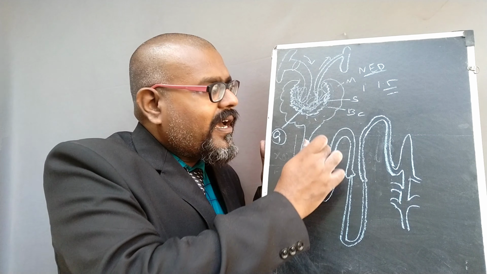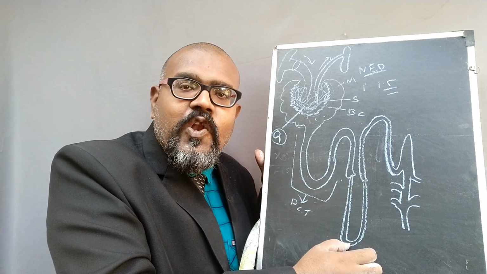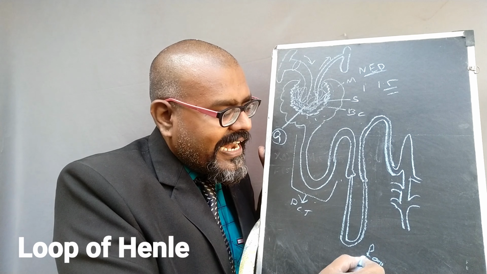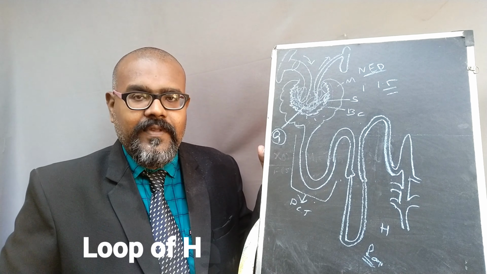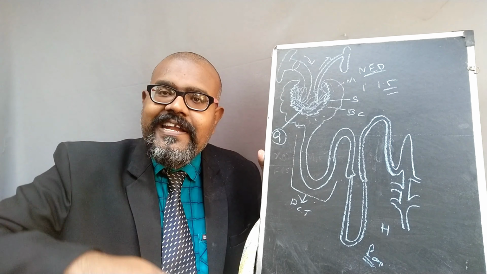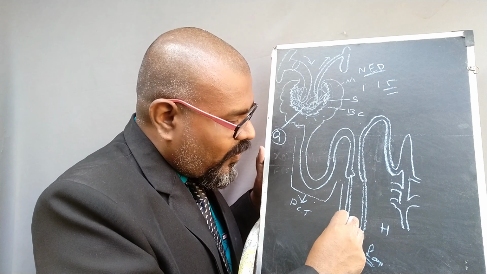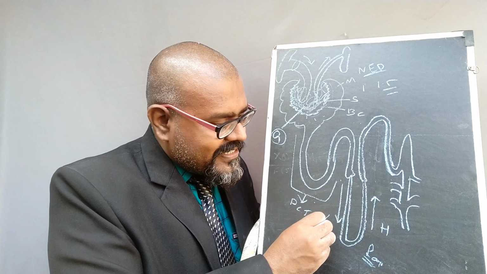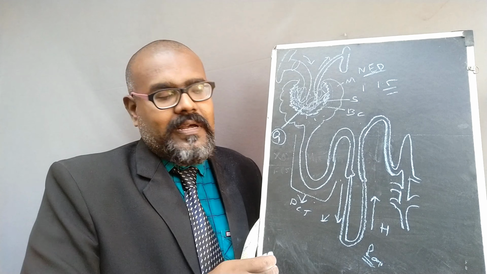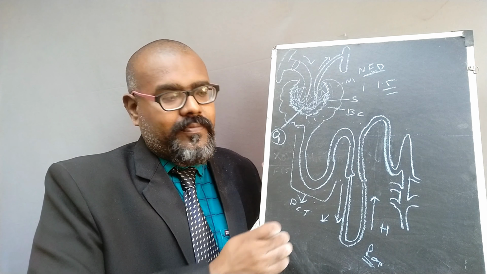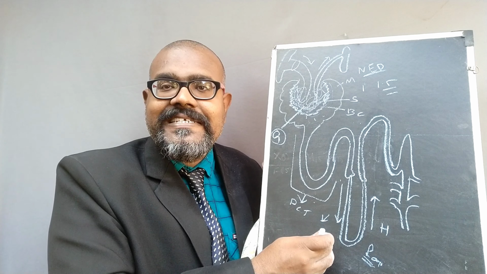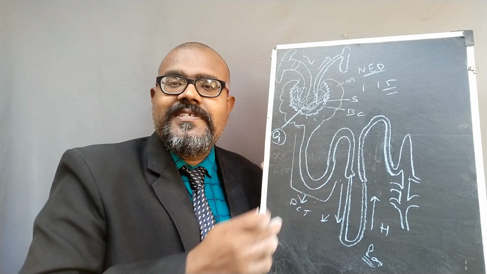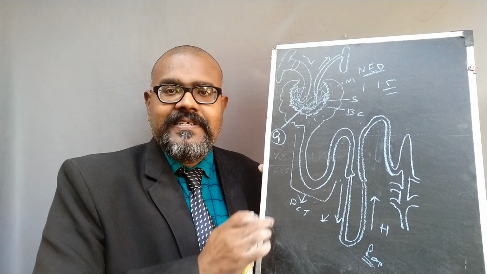The proximal convoluted tubule extends into a straight loop, which is called the loop of Henle. Please remember, loop of Henle. This loop of Henle looks straight in nature; it moves down, joins, and moves up. The portion that moves downward is called the descending Henle loop, and the portion that moves upward towards the next part is called the ascending Henle loop. Please remember, this is the next part.